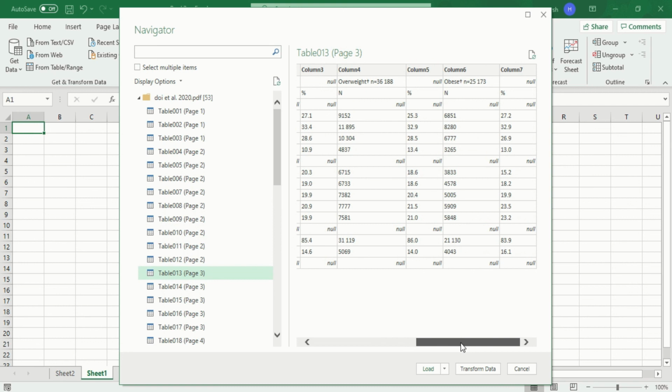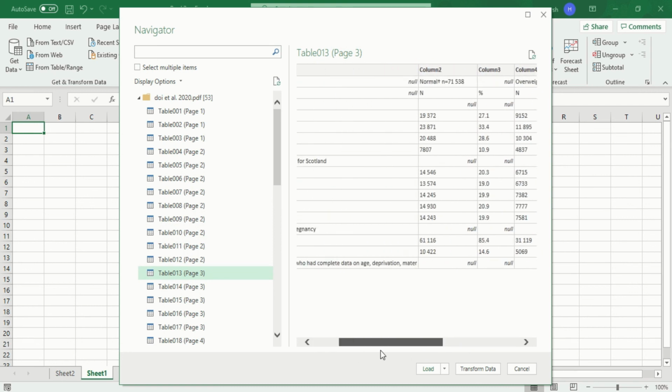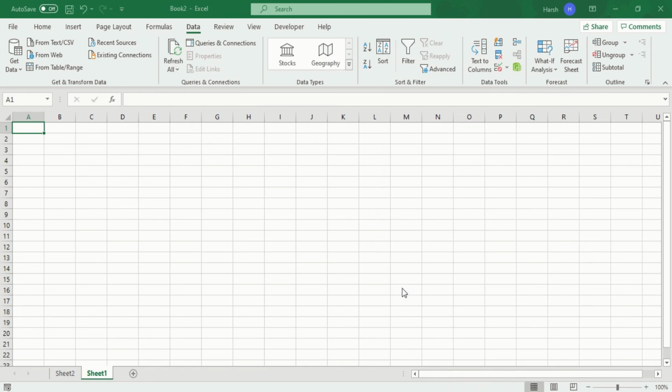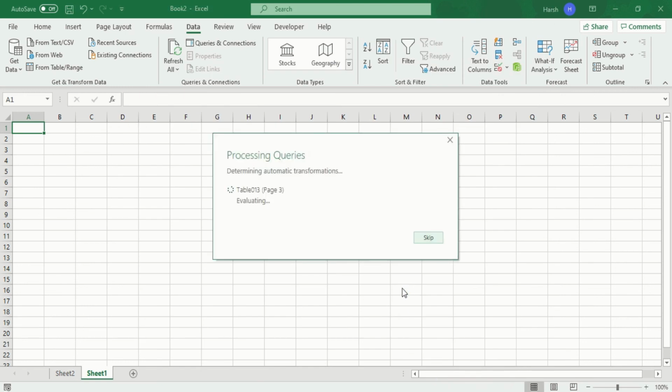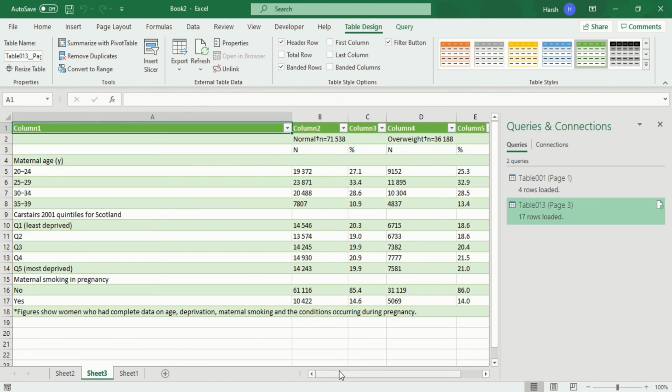So you can see this table. Now again you have to transform the data. For now I'm just loading the data. You can click on load and you will see your table loaded in your Microsoft Excel within a few seconds. So you can see it is loading. Now you can see this is the table.